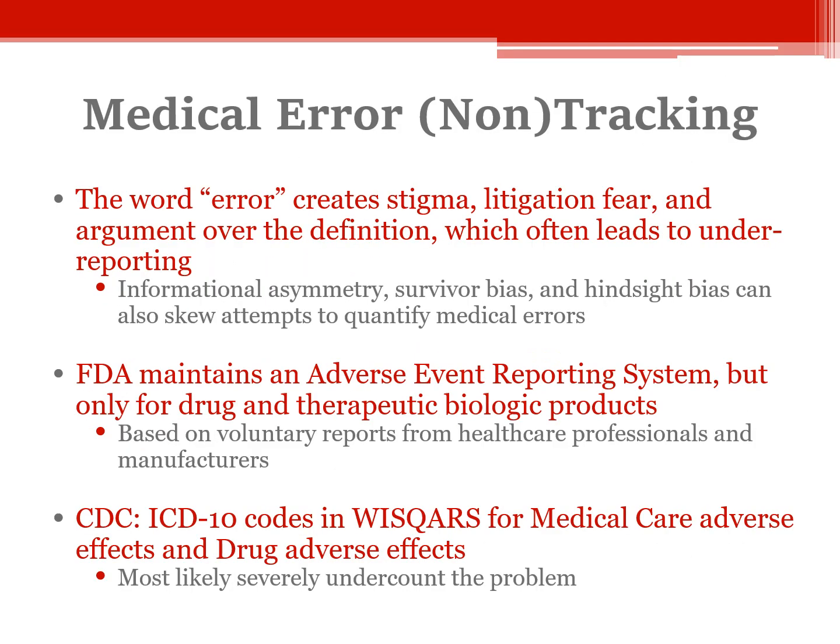Let's now talk briefly about why medical errors are difficult to track and why it's hard to ever get an actual, real, concrete number for how many medical errors are occurring in whatever jurisdiction you're talking about. We're talking about the United States mostly in this lecture, but part of the reason is that the word error creates a stigma, first of all, that somebody did something wrong. It creates litigation fear in whoever is believed to be responsible for the error, or the organization employing the person who is believed to be responsible for the error. And it leads to argument over the definition.